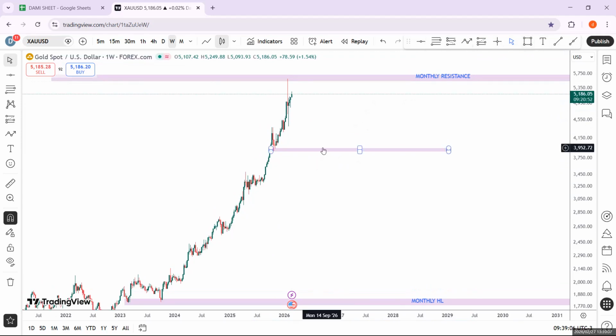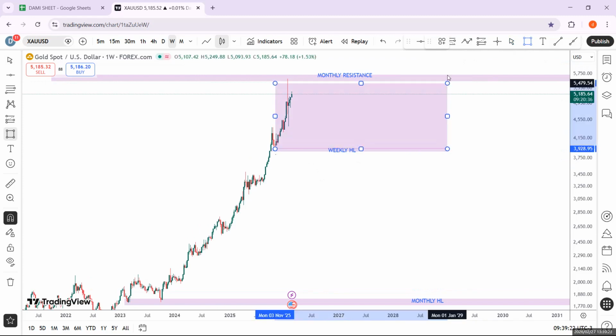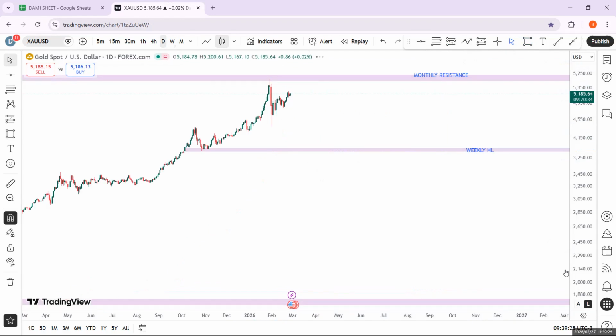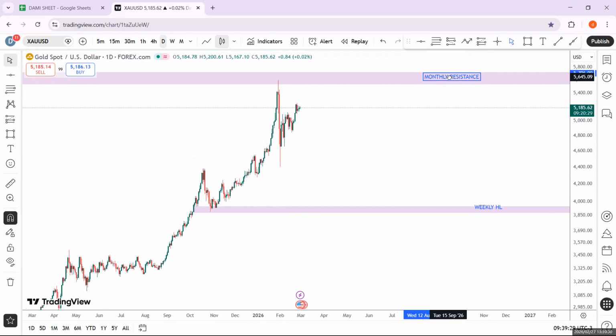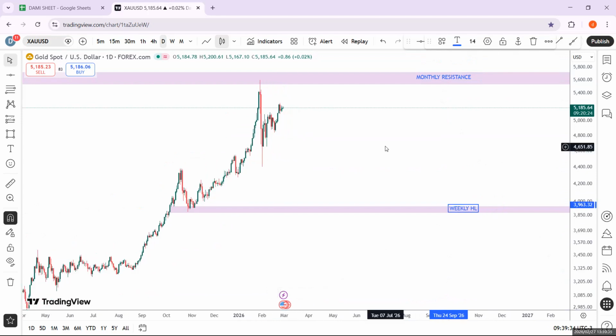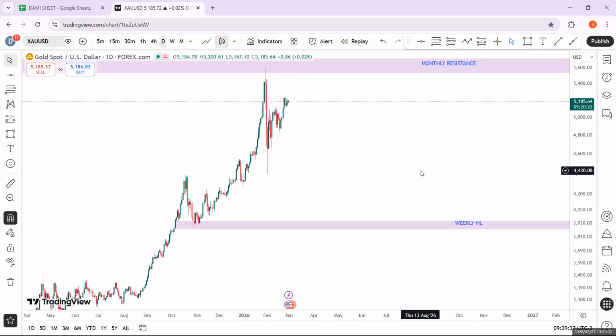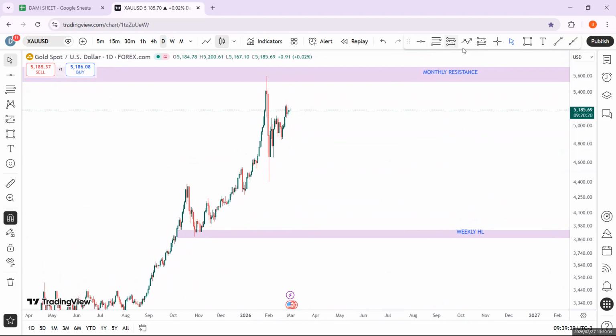So we will just go ahead and write this, give it a name. This is the weekly HL, while this is the monthly resistance point. We'll now take the weekly HL and the monthly resistance point as our new range of focus. This is how we keep bracketing prices into range of focus until there is a trade. Okay, so monthly resistance, weekly higher low, we'll keep bracketing. We must keep bracketing prices until we see a trade. When we see a trade, then we can decide that yes, we are done bracketing prices into range of focus.